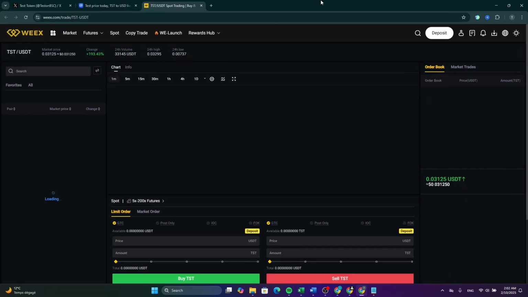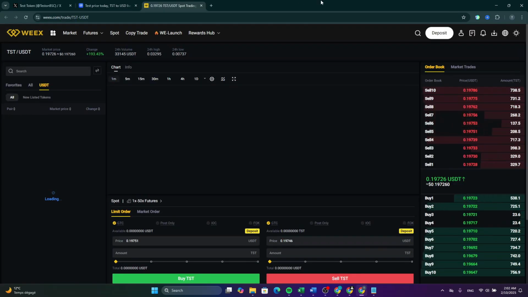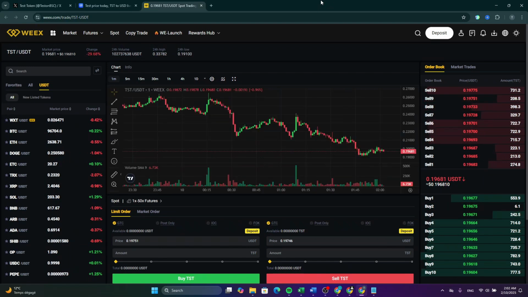So after that, if you don't have an account on WEEX, go down in the description, you will be able to find the referral link. Go and create an account on WEEX and fund it with some USDT. After you create an account on WEEX and fund it with some USDT, you will be able to buy